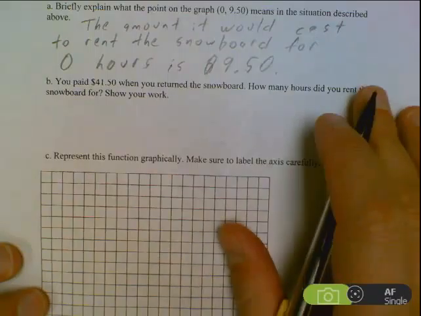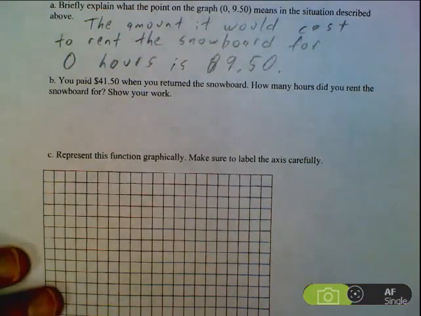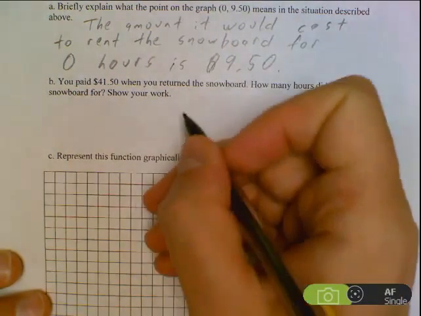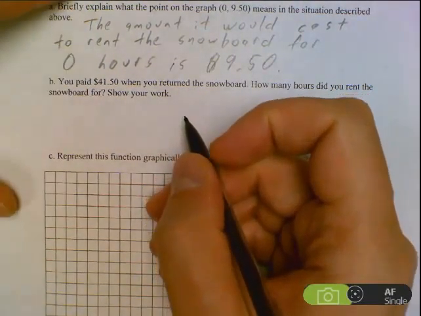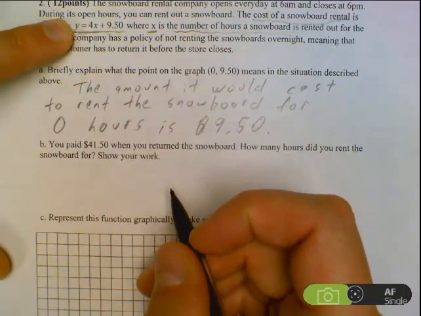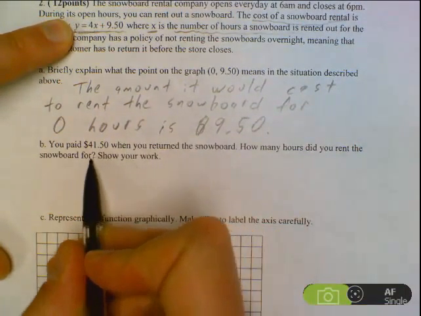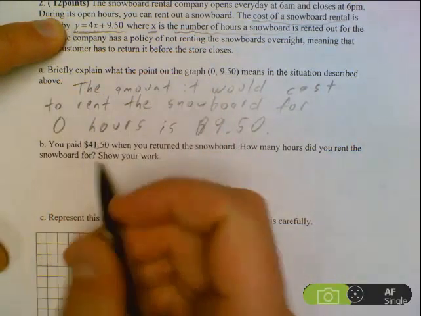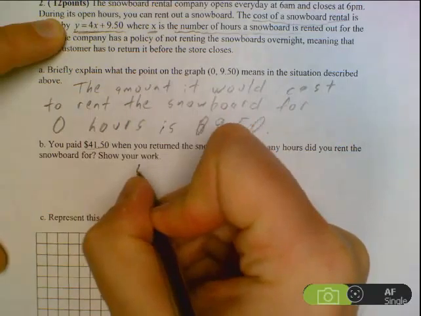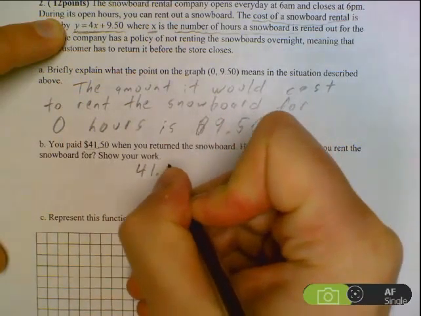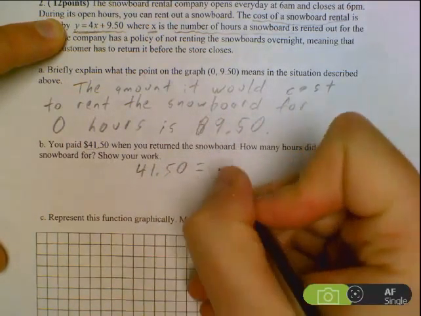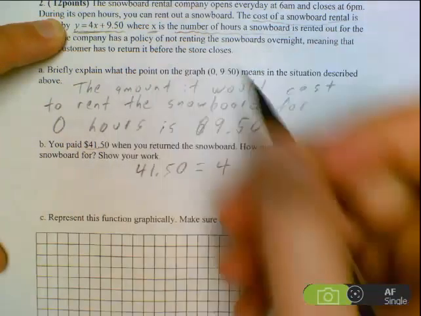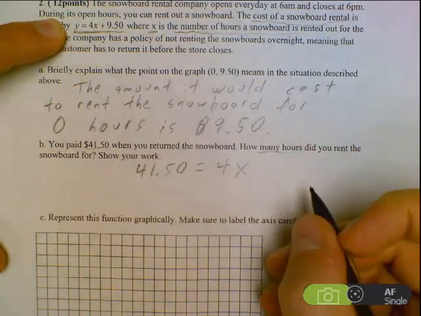So now let's take a look at part B. You paid $41.50 when you returned the snowboard. How many hours did you rent it for? Okay, so all we need to do is we've got our equation up here, and we paid this amount. Remember, y is the amount we paid. So let's put that in for y. $41.50 equals 4. And it's saying how many hours, and the number of hours is x, so that's what we want to find,